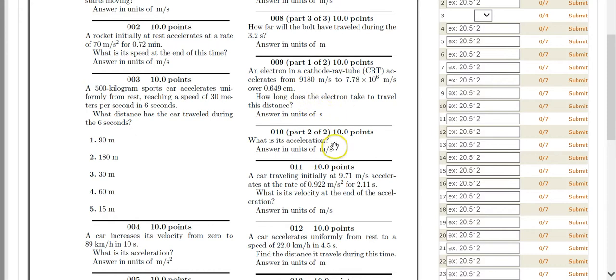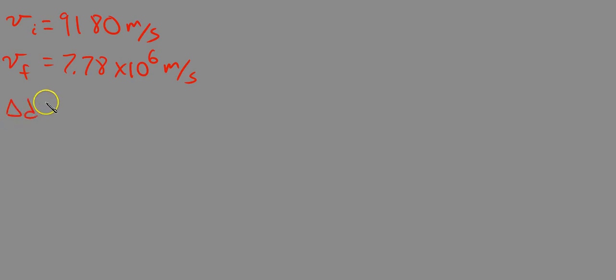So essentially what this is, I have an initial velocity, a final velocity, and a distance, and I want to figure out the time taken. To start off any question, I always recommend to write down your initial info. So here my initial velocity is 9,180 meters per second. My final velocity is going to be 7.78 times 10 to the power of 6 meters per second. It's really fast. And my distance covered is